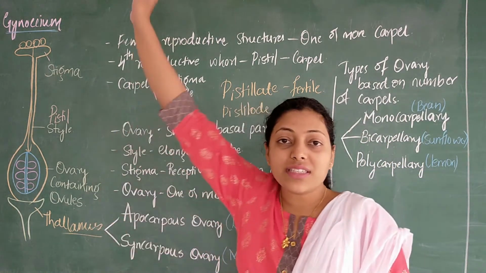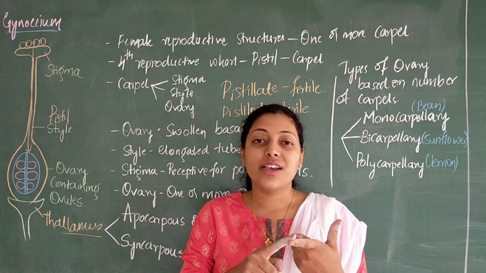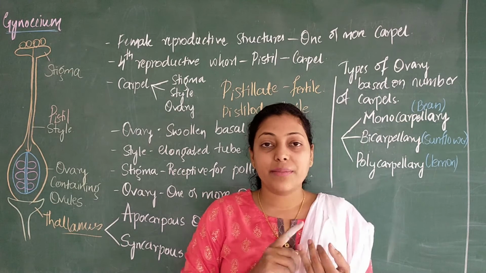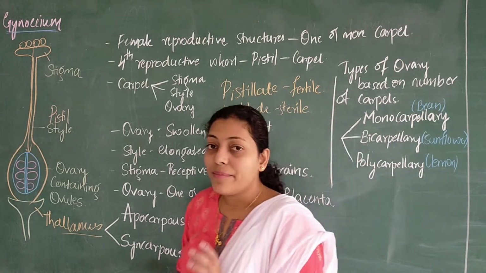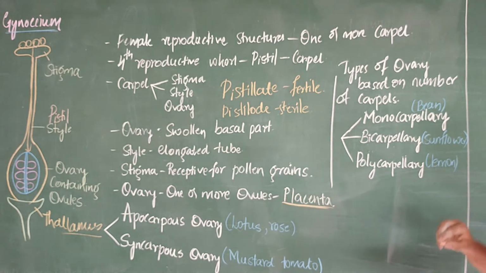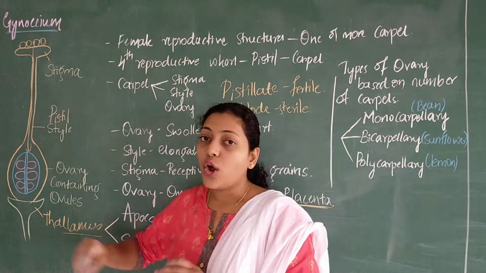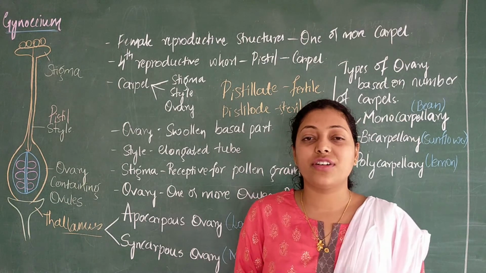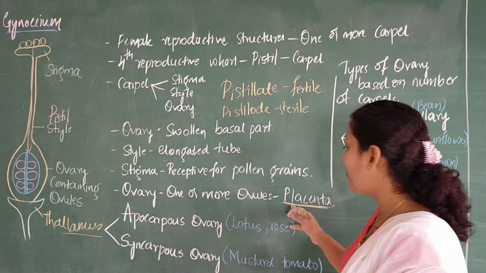Is it clear? So this is all about the different parts of a flowering plant, and we have covered calyx and corolla, and in today's class androecium and gynoecium, and also I will be completing placenta, because placenta is another word which we see. Okay, so placenta in flowers is the region where ovules are attached to a cushion. Okay, a soft spongy structure where ovules are very firmly attached. Okay, that particular region is called the placenta.